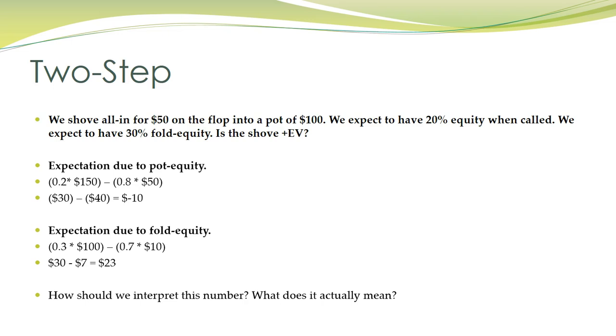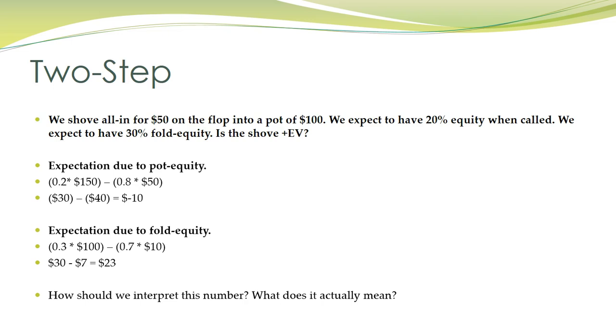This is our expectation relative to the current situation. We have to keep in mind that this is our expectation given that there is already $100 in the middle in the pot. Now, where did that $100 come from? Did someone just come down from space and put it there in the pot? No. We probably invested a decent chunk of that pot ourselves. In fact, in a heads-up scenario, we probably input about $50 of that, roughly half of what's already in the